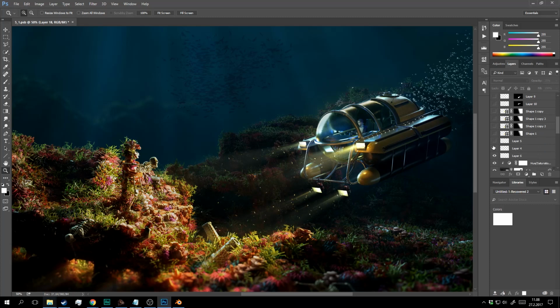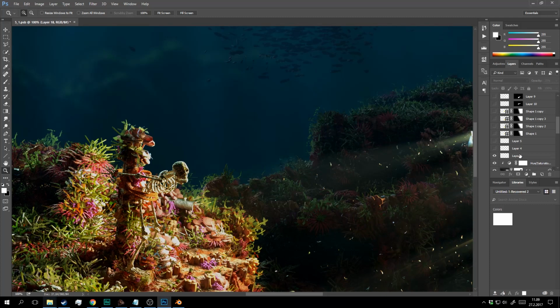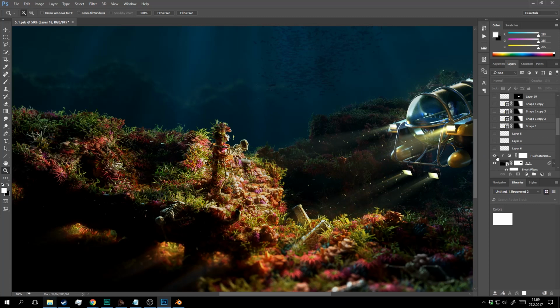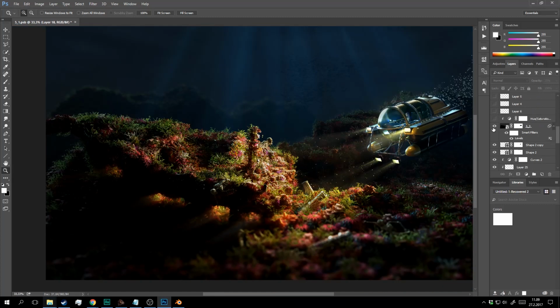And also there are little highlights. And there was this little, I don't know what it is, some random artifact which I wanted to remove, so this layer is just for this. And another color adjustment. I made this using the mist pass, so I selected the background with it.